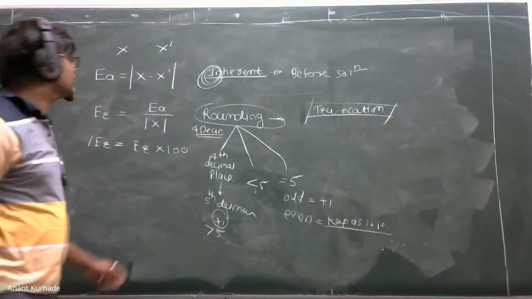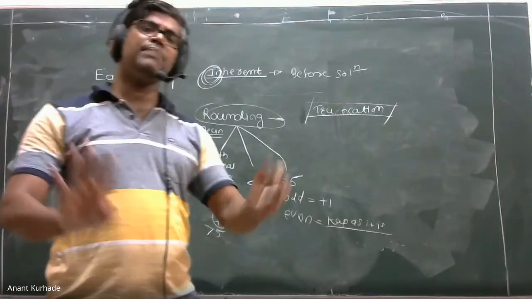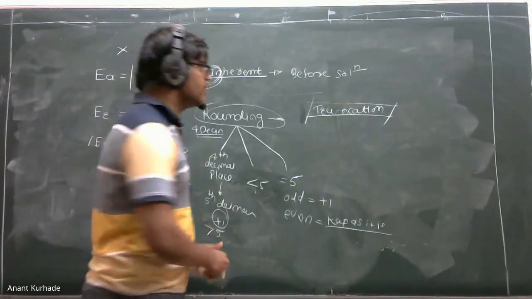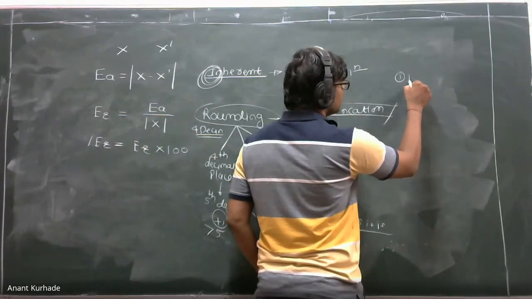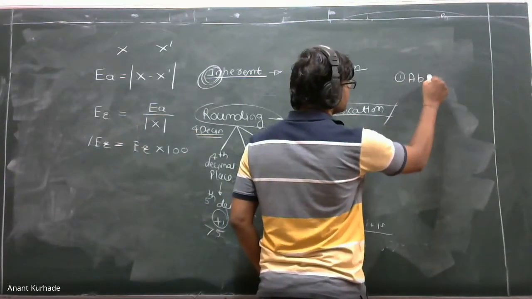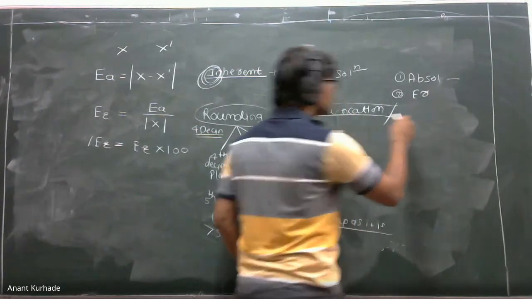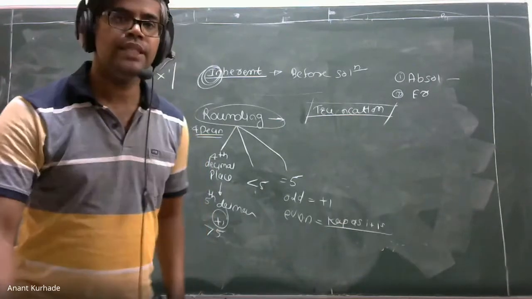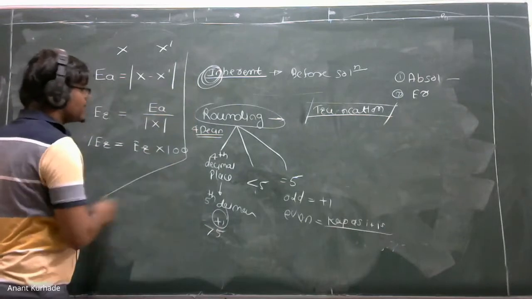Yes, sir. Okay. So we have studied this 1, 2, 3, 4, 5, 6. Or you can have a simple theory question on this. Explain the following. Under this head you can have questions: absolute error, then second, relative error. Means out of these six you can have any five. Just for explain the following. So while explaining, try to give one example.